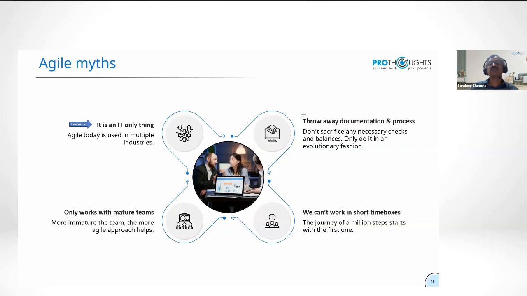Some people are worried because they feel agile means you throw away all the documentation and all the process. You don't have to throw it away. Pharmaceutical, for example, is probably the most heavily regulated industries in the world, for good reason. You and I take medicines when we are sick, and God forbid if they are developed without following due process. You need documentation, at least 10,000 pages of documentation for one pharma product.